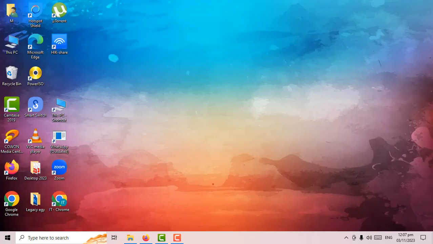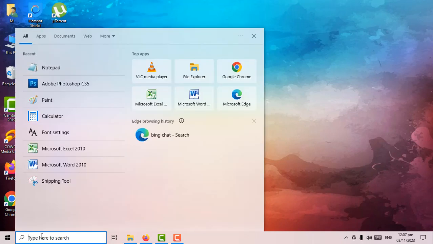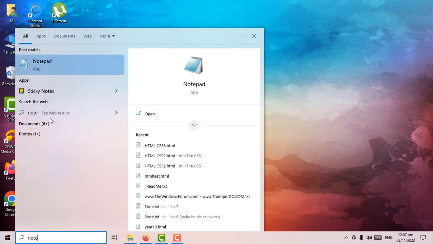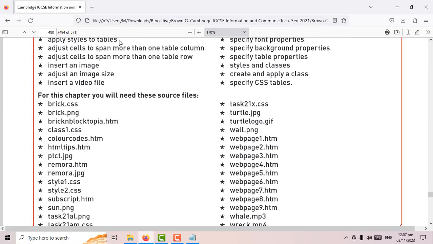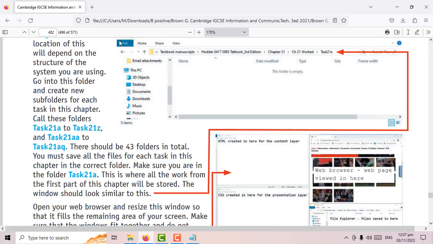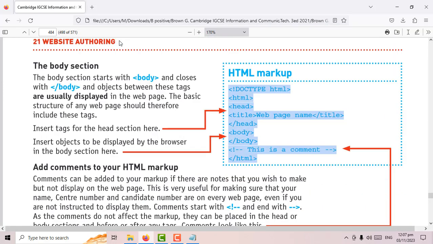Alright, so to start designing a web page we use a text editor, and on Windows, the text editor that's already there is Notepad. If it's not there, just type Notepad in the search bar right here and it'll show up. Okay. Now the second thing is, to start designing your web page, you have to type the main tags